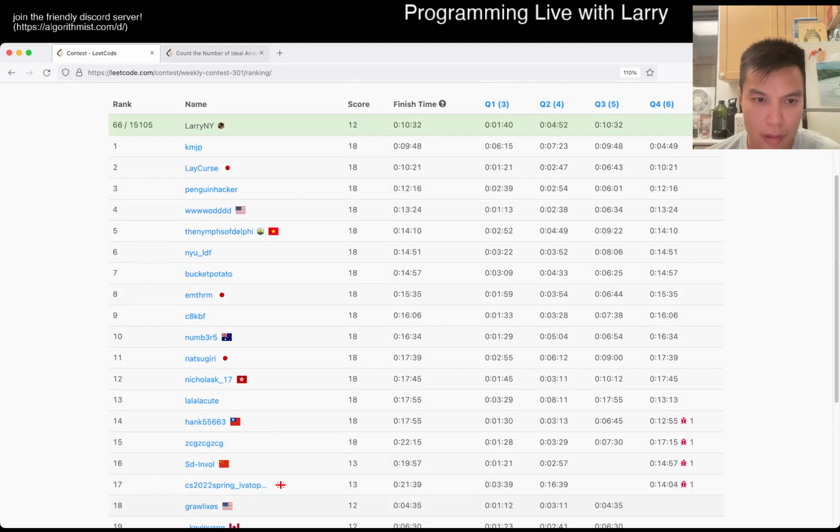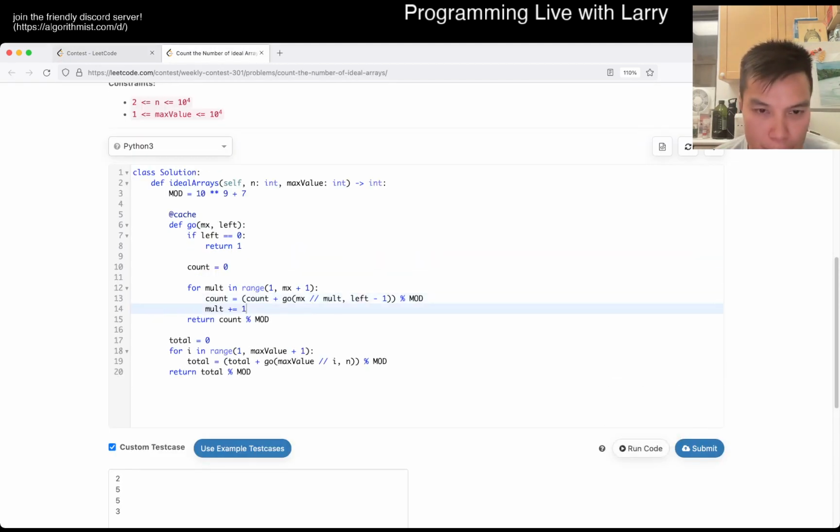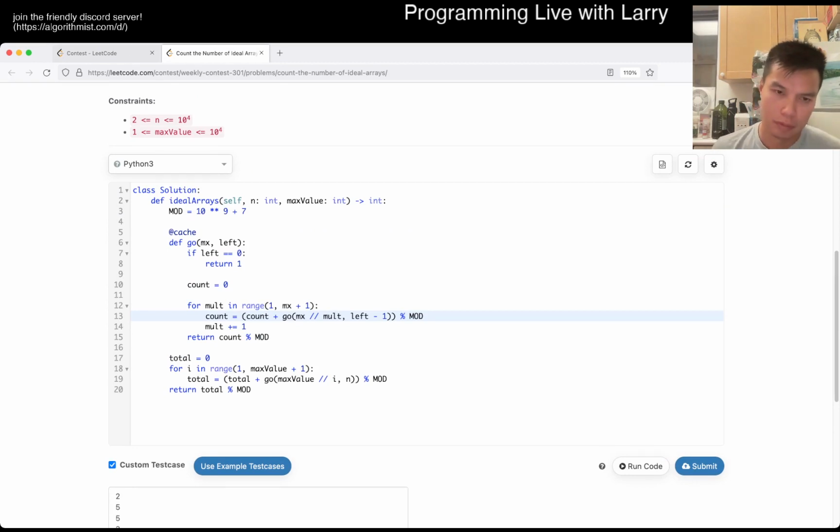Well, a lot of people got this one. I do not know how to do this one. Okay, what does that mean, right? So max value, let's say it's 10. 10 and 2, 6, 8, so that's